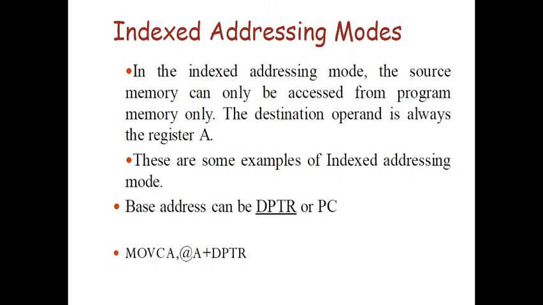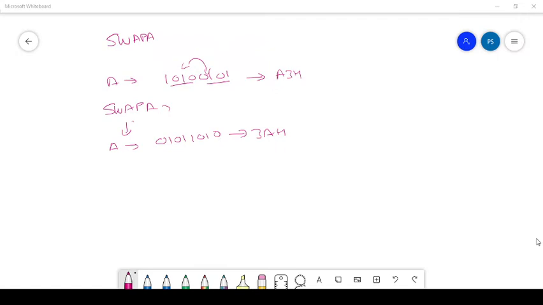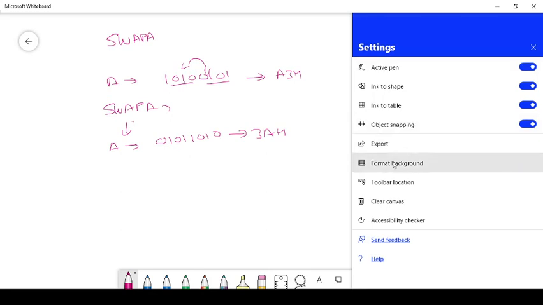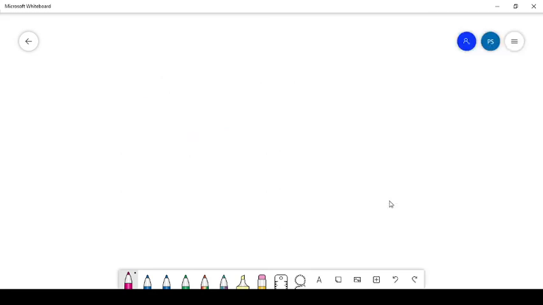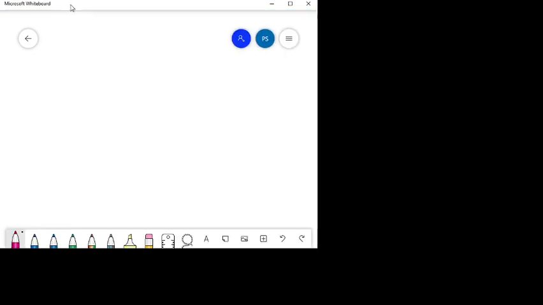Now we'll see how this instruction is executed using the whiteboard. What is the meaning of this?